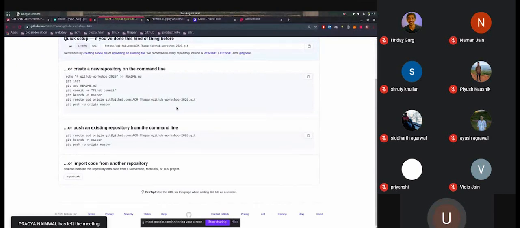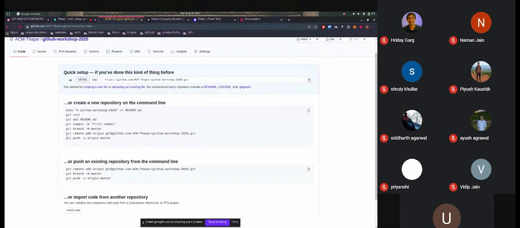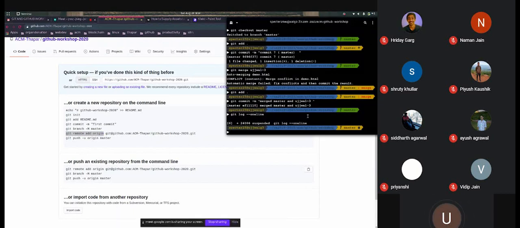So after I create a repository, I am given this command code base. What I actually want to do is use git remote add origin. I will tell you the meaning of each word in this command. First, let me copy this code. So it's better to type. So the command is git remote.